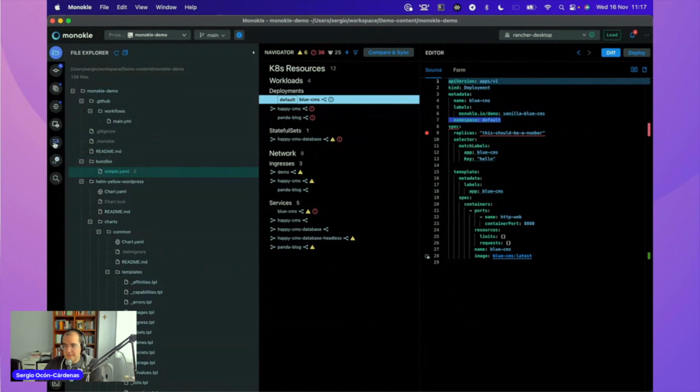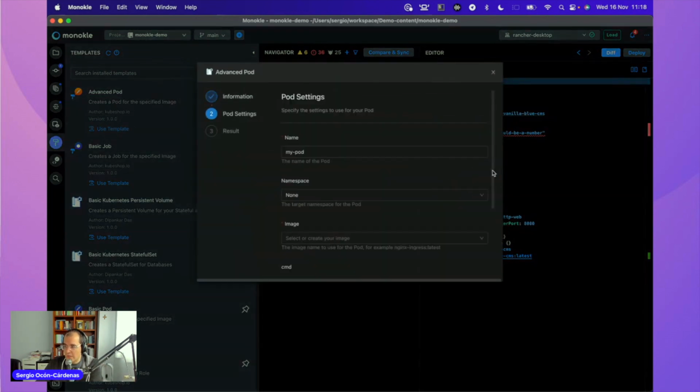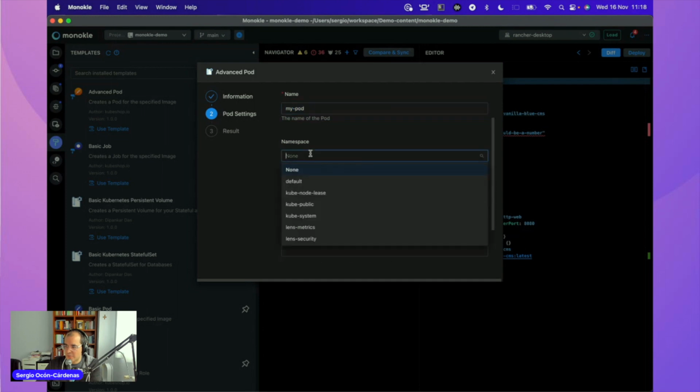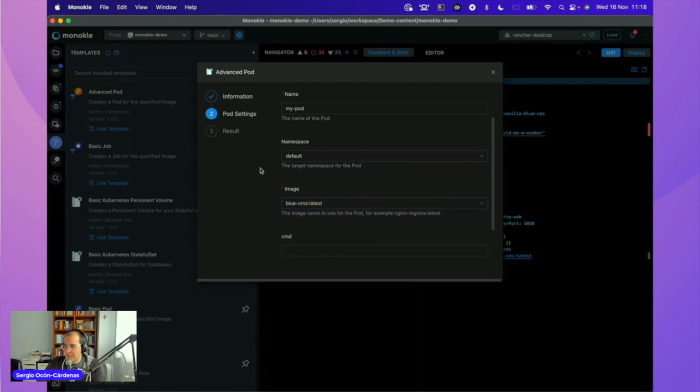There are more things to that, and if you are a developer, you don't want to be thinking about what is the structure of a deployment. And I've talked to a lot of people that are really seasoned and they really know what they're doing, so they don't need this. But there are also always some people that are learning, or you basically want to make sure that everything you're asking for is installed. So you can use a template where we will work. It will ask you for the information you need, so the name of your pod, the namespace you're going to deploy it, and of course this will work with the list of namespaces you have, the images that we have identified that you can use, or you can use any version, and the command line,